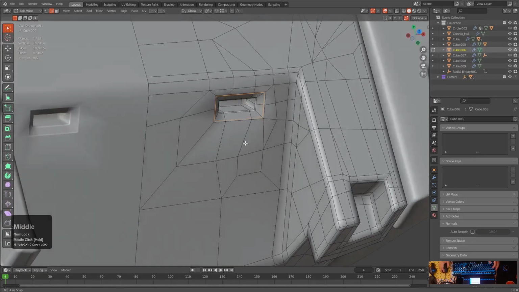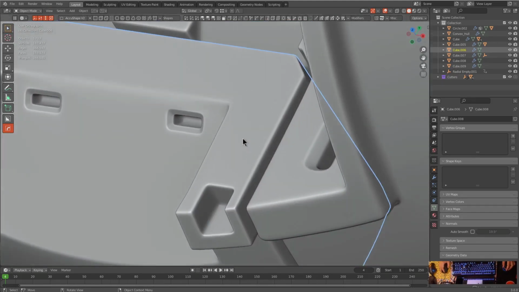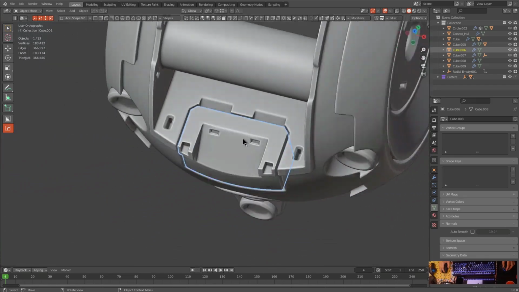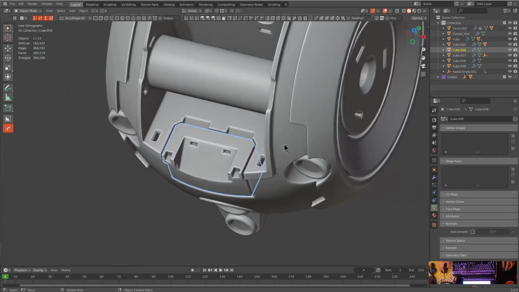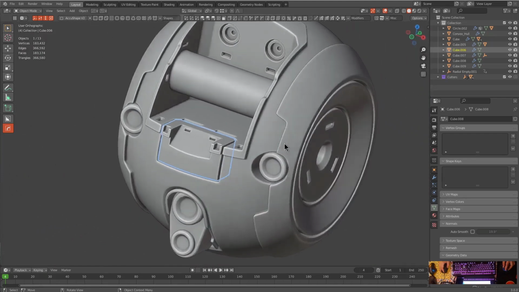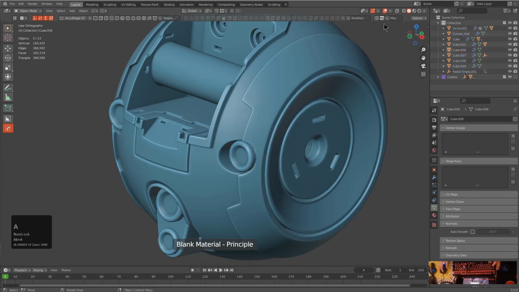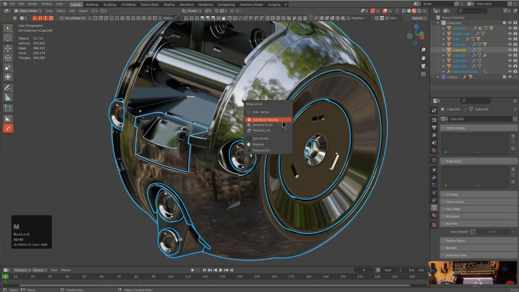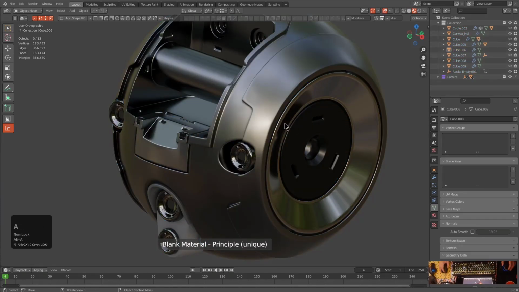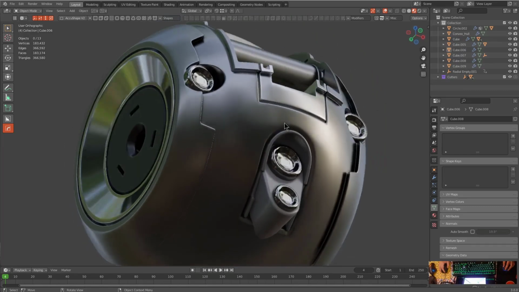You know, and on another level, I just want to grab all of this and just flatten it using flatten. I mean, there's two different flattens. There's one inside of Mesh Machine, also HardOps has one. But I almost feel it's not even completely necessary. I'm probably over analyzing the shape at this point anyways, and I should probably just wrap up this video. So let's slap a material on it. Maybe a different material for each surface, just so we can get a good look at it inside of render